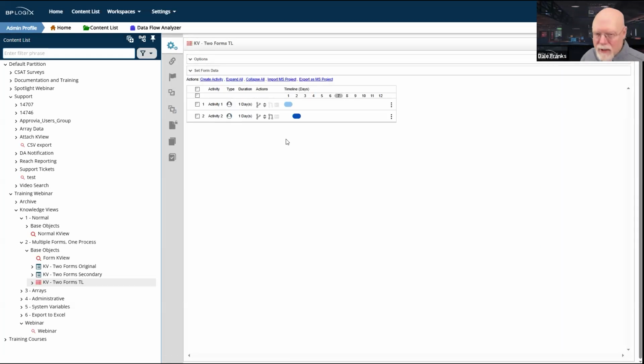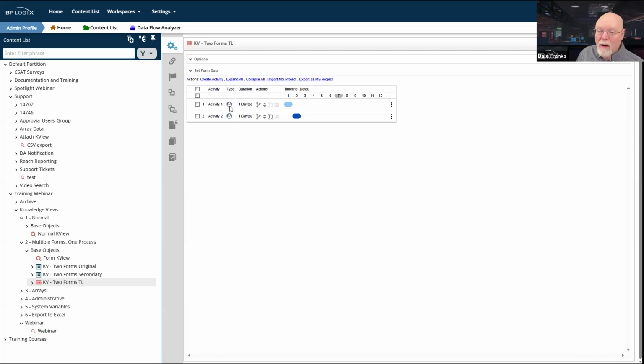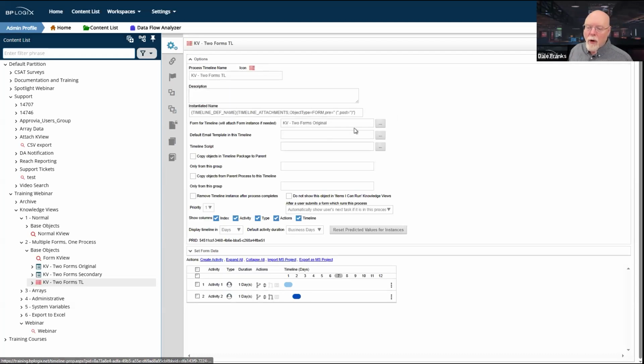Obviously, you have the form actions activity that you could use to add a second form, and then to make that the default form for the activity. In this case, no reason. I only have two activities. The simplest thing for me to do if I want to add a second form for activity two is, rather than add an entire form actions activity, it's easier just to go into the advanced options and say, okay, well, I'll just drag this form in and use it for this activity. Okay, so that's great. Now I have an activity that uses form one, the original form, for the default, which means that activity one will use that form.